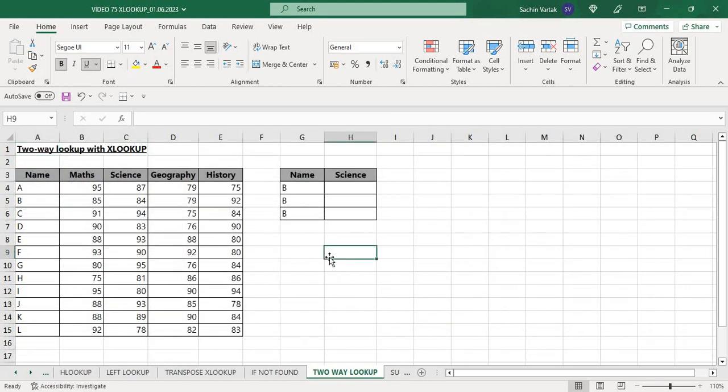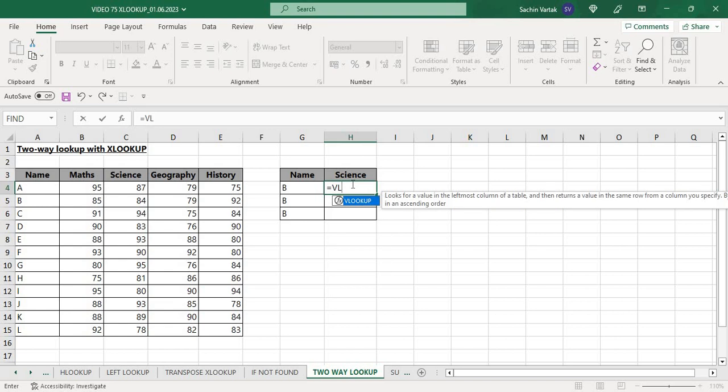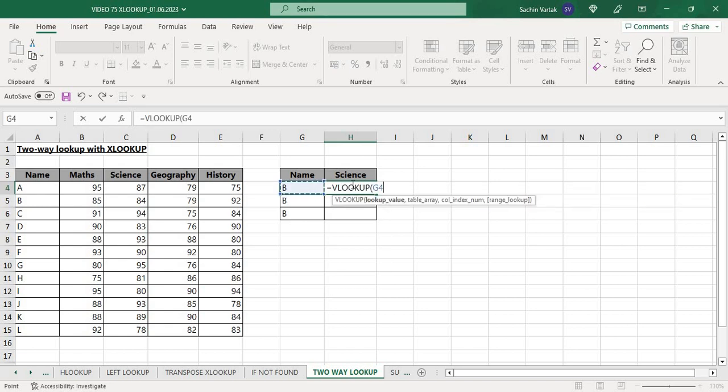Next is two-way lookup. Now this is an interesting one. Two-way lookup with VLOOKUP was not possible. We used to use VLOOKUP with match, or we used to use index and match together, but with Xlookup you can do this. So let's see how. This is how we used to do it with VLOOKUP and match. So VLOOKUP, lookup value is this, my table array